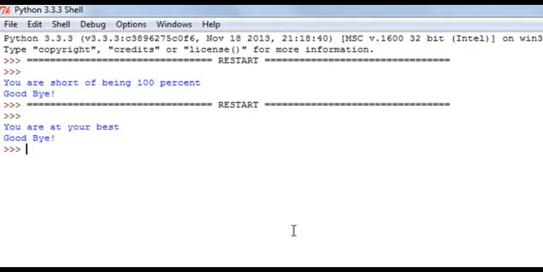And in the next tutorial we are going to check out the elif statement in Python, and I hope